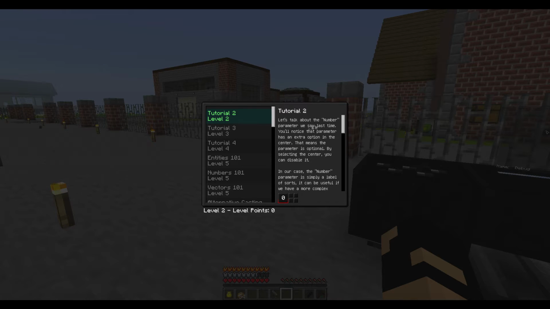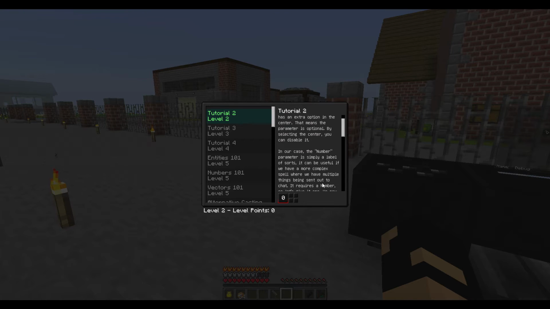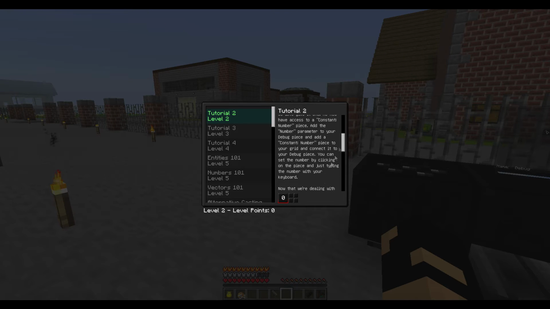Okay, let's talk about number parameter. We saw it last time. You notice that the parameter has an extra option in the center. This means the parameter is optional, but by selecting the center, you can disable it. In the case of number parameter, it is simply a label of sorts. It can be useful with...